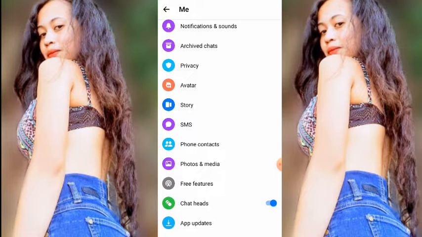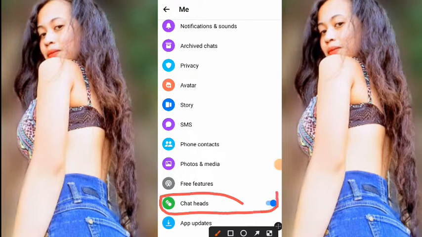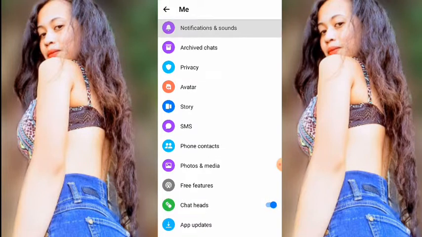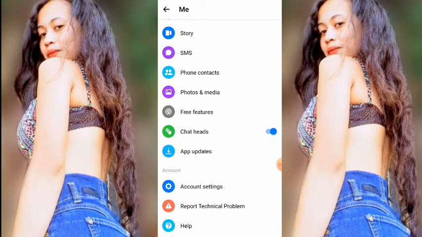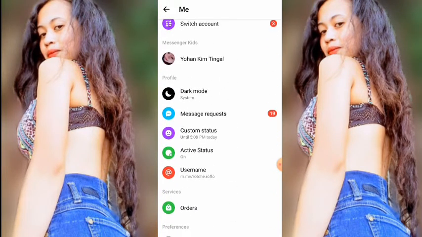So, ayun guys, dito lang po sa settings ng Messenger. Makita natin dito na merong chat heads. So, just on. Ito yung naka-off, and then ito yung naka-on. Yun lang. And then, punta naman po tayo sa ating